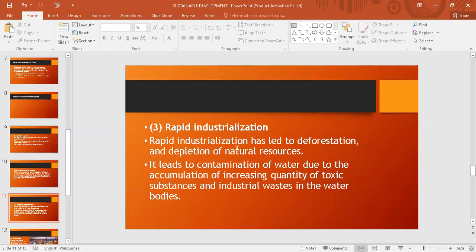pag develop ng mga businesses, like for example, yung from agrarian land into commercial land, no? O kaya ito, like for example, deforestation, you completely remove the trees. Yan, dun sa forest, ginagawa natin siyang pagawaan ng ganito, like depletion of natural resources. It leads to contamination of water due to the accumulation of increasing quantity of toxic substances and industrial waste in